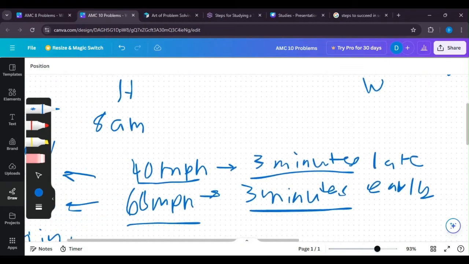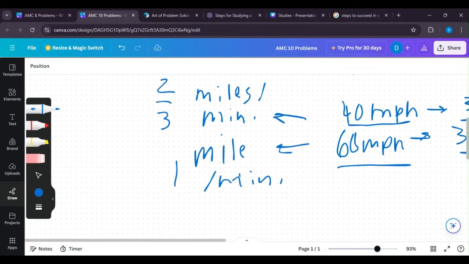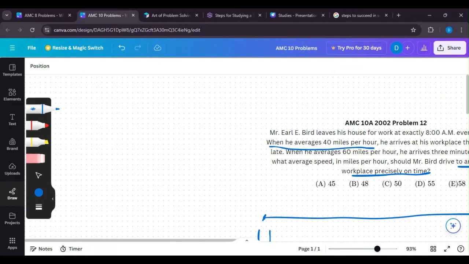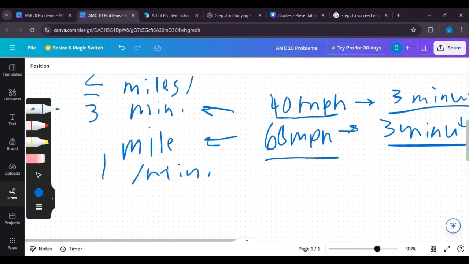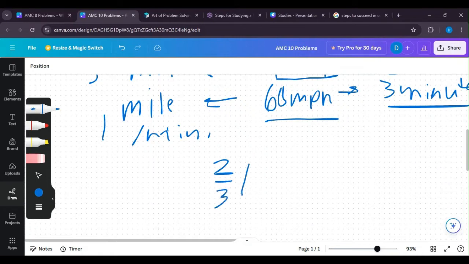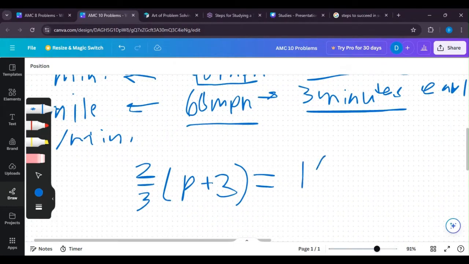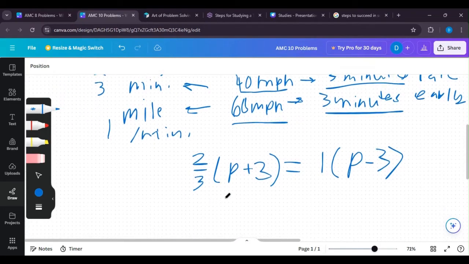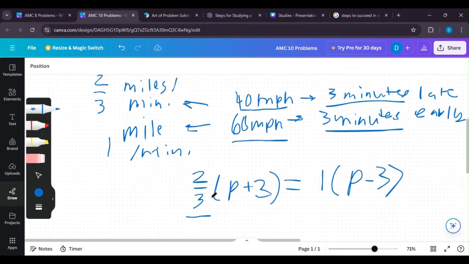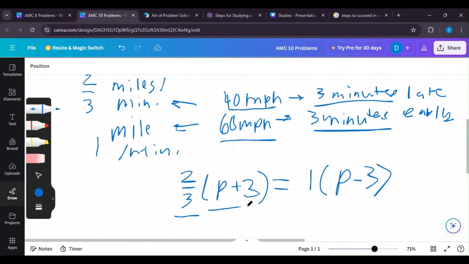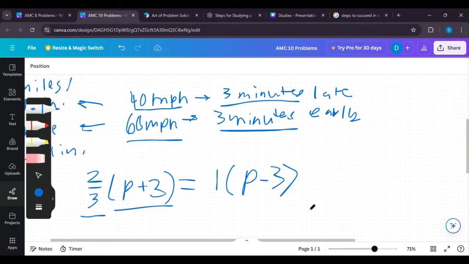Okay, now we have an equation. Since it's the same distance, we can see that the two versions of Mr. Early Bird give 2/3 times (P plus 3) is equal to 1 times (P minus 3). And basically what this equation is saying is that Mr. Early is driving 2/3 miles per minute, and this is the number of minutes, P plus 3, the perfect time and 3 minutes more than the perfect time,